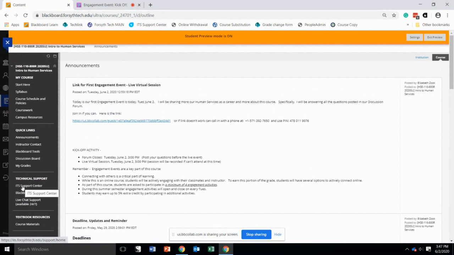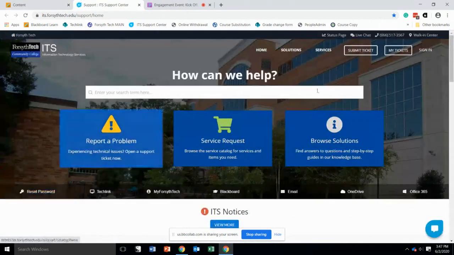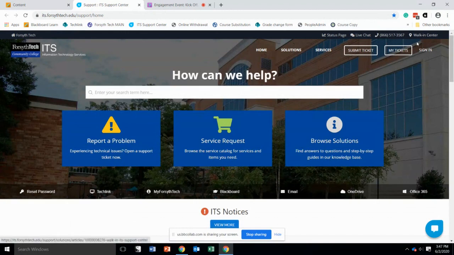And then there's our IT Support Center, which you can also go into and have live chat or a phone number, or you can also walk in. So we are using that now on campus, that you can go have a walk-in center for taking in your own computer if something's not working. I recommend, and some of your first study sheets will have you making notes of these, that you have this number as a resource for you to reach out to and problem solve.